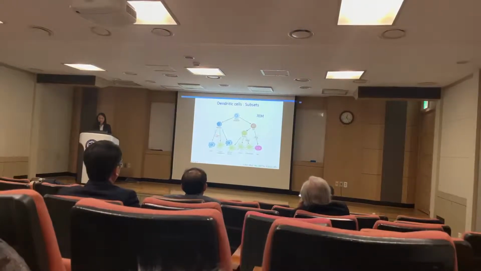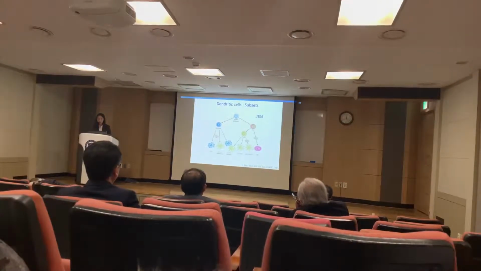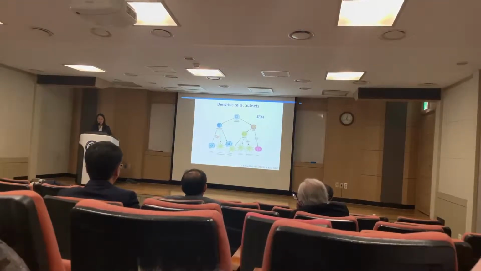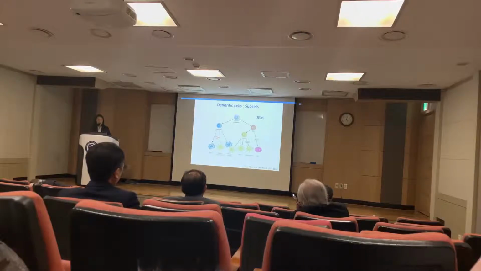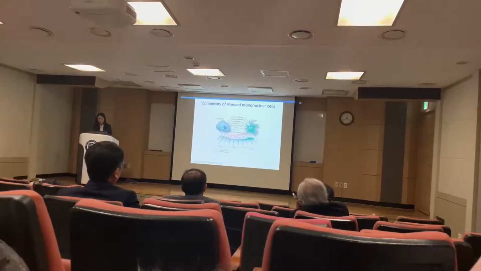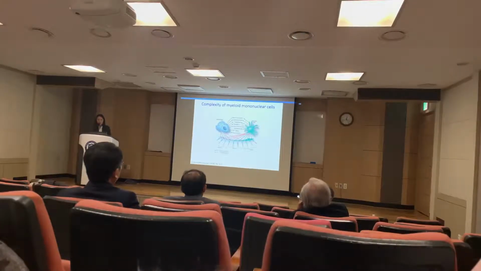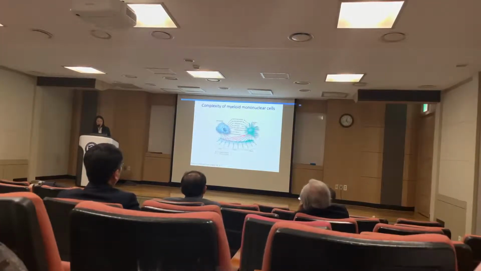Dendritic cells are a heterogeneous group of cells consisting of various subsets. And with recent advancement in cell analysis, dendritic cells are constantly being divided into smaller subsets with specific locations and functions. Not only dendritic cells, but macrophages are also being split up into more detailed subsets, varying in tissue, function, and